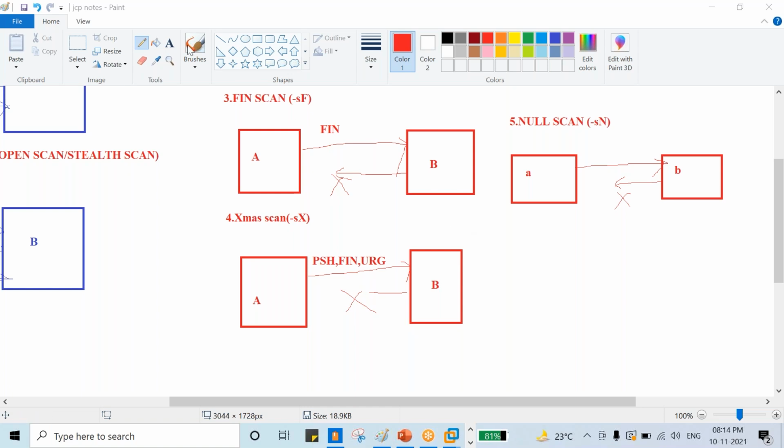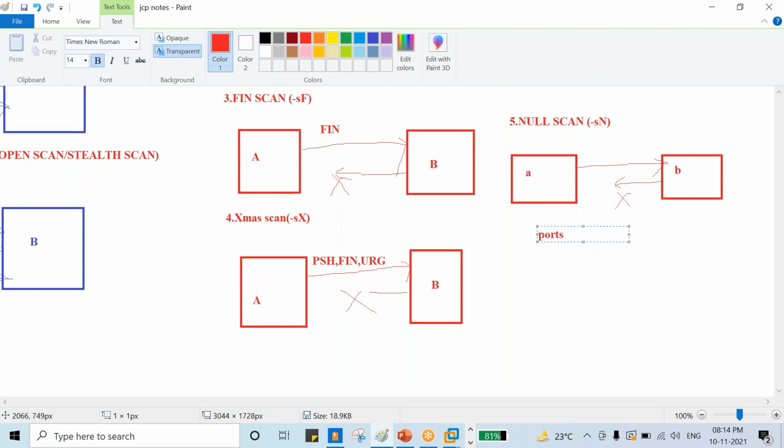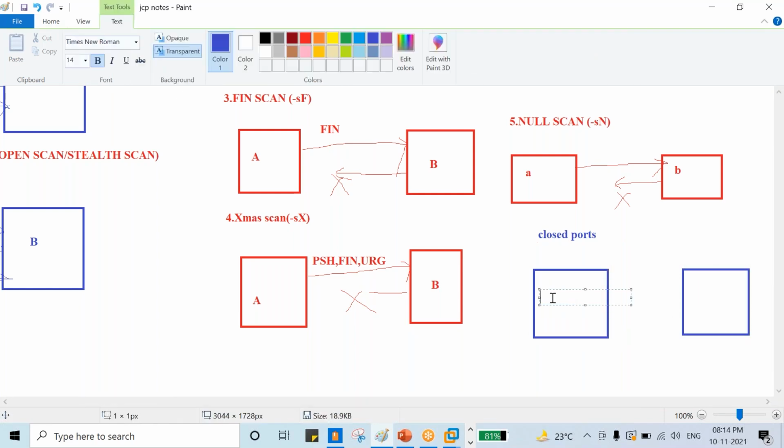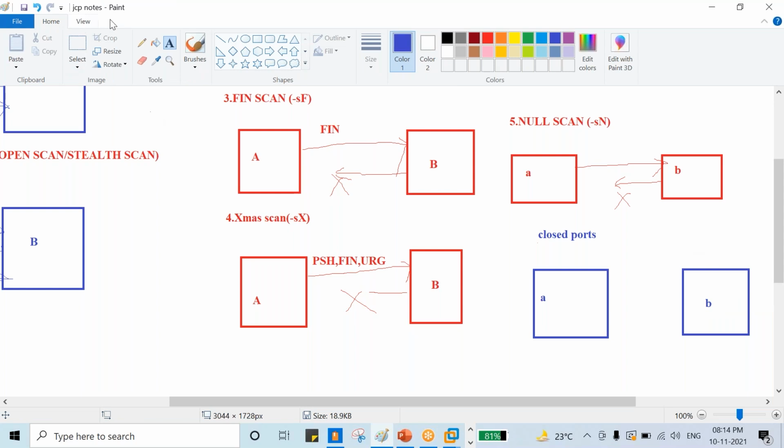Now let's talk about closed ports. In the situation of closed ports, what will happen? Let's say we have machine A and machine B. In this closed port case, suppose you send any scan, that is SYN or acknowledgement, or FIN, push.